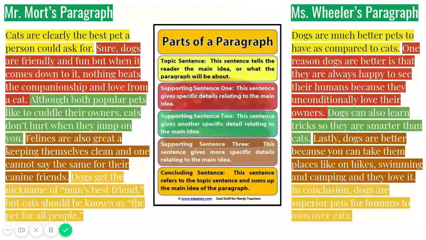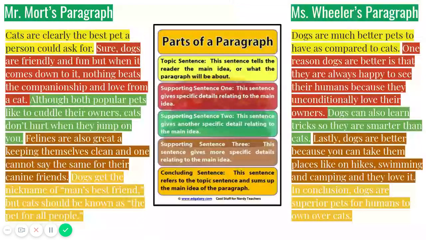Supporting sentence number 2, although both popular pets like to cuddle their owners, cats don't hurt when they jump on you. Well, you know what? Mr. Morton's got a point there. And then his last supporting sentence says, or body sentence, felines are also great at keeping themselves clean, and one cannot say the same for their canine friends. Well, he is certainly right about that because my dog is covered in mud a lot of the time. And then his concluding sentence, dogs get the name of man's best friend, but cats should be known as the